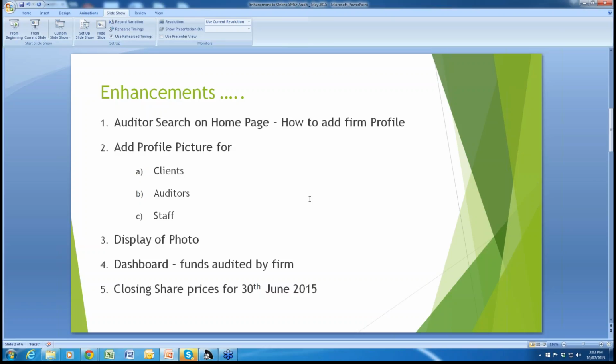I'm also going to show you right at the end the closing share prices which have been added of 30th of June. Now I must tell you that dividends have not yet been added, which will happen very soon, probably in a week's time. And I'm also briefly going to show that the new audit report has also been included in the